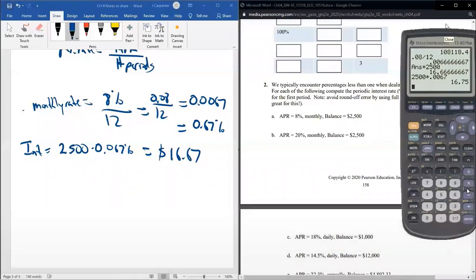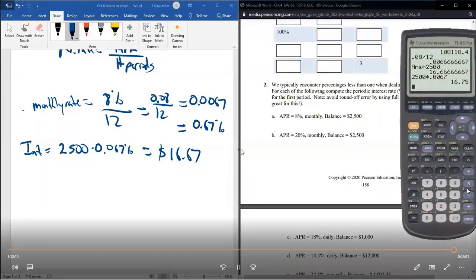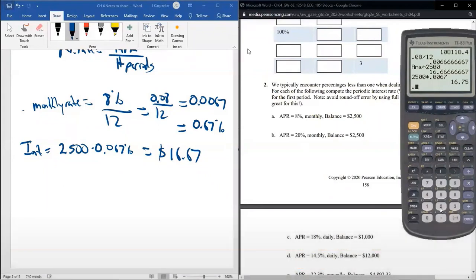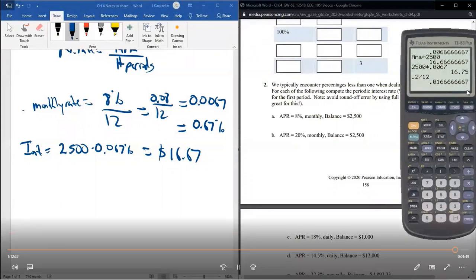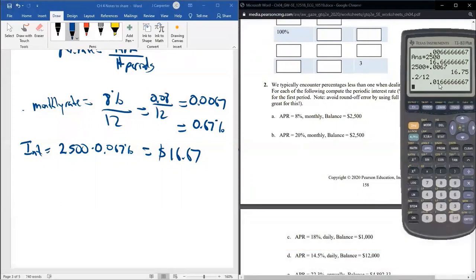All right, so that is all the time we have, unfortunately. We're not going to be able to get this next one done in time. But I will say you're just going to take the 20%. I'm not going to have time to write it, but I can at least say it. Take the 20%, which is 0.2. It's another monthly, so you divide it by 12. So this would be the periodic rate as a decimal. If you move it right twice, you would get 1.67% monthly. And then you'd multiply the 0.01666666 times your balance of 2,500, and you get your interest of 41.67.